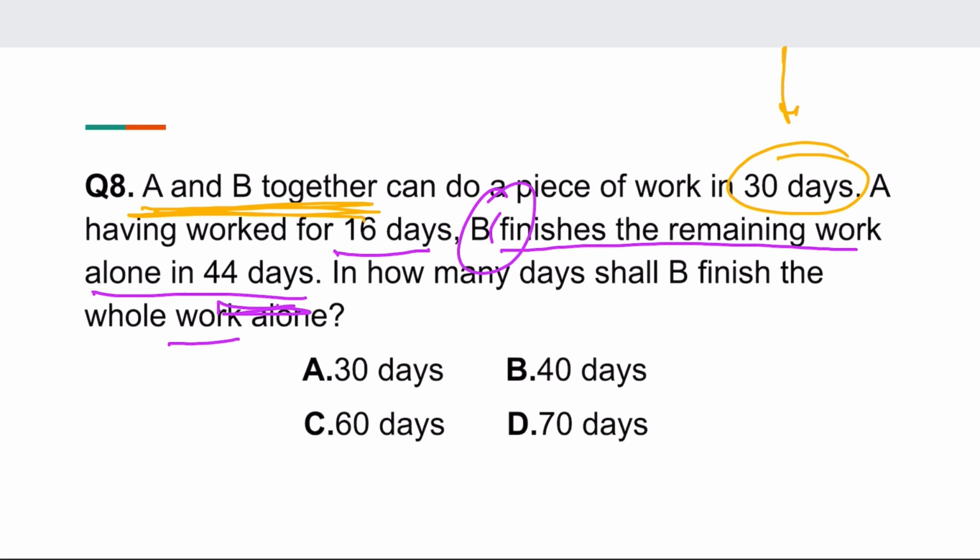But now suppose initially this whole project was only with B. Then if B is working alone, how many days will B take to actually finish all the project on its own? How many days? That is what we have to answer in this. All right, that is exactly what I have to answer in this. So now